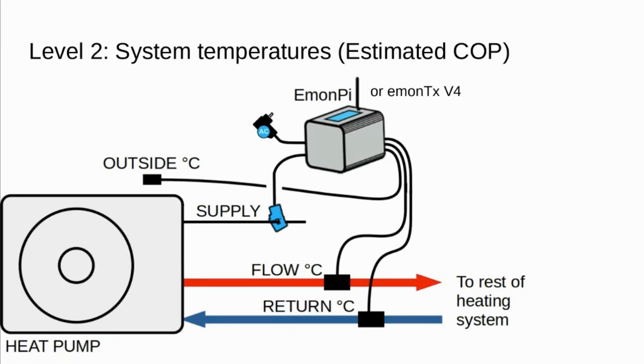So using level 2 monitoring, we can estimate the COP. The heat pump monitor app has a feature where you can use the Carnot efficiency to estimate the COP, based on the flow and return temperature and the power the heat pump's using. But this is only an estimation, and sometimes it can be relatively accurate, but other times it can be wildly